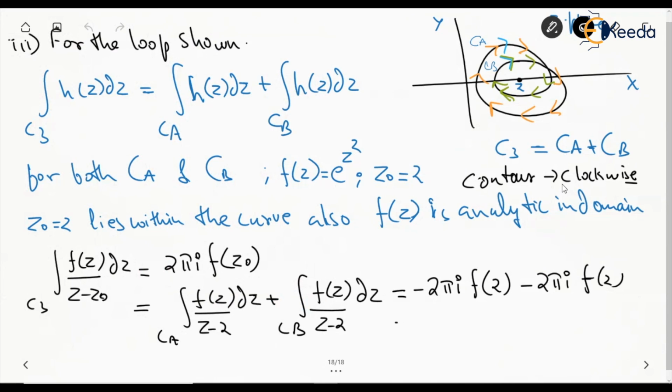This will become minus, because minus 2 and minus 2 becomes minus 4 pi e to the power 4 I. So we have used Cauchy's integral formula and found the value to be minus 4 pi e to the power 4 I. Minus is because the curve is in the clockwise direction. So these are the three cases we have tried and the answer is